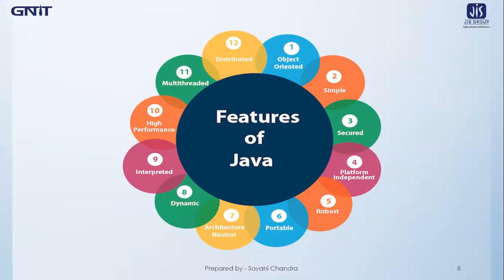The next feature of Java is platform independent. Now, Java is platform independent because it is different from other languages like C, C++, etc., which are compiled into platform specific machines, while Java is a write once, run anywhere language. A platform is the hardware or software environment in which a program runs. There are two types of platforms: software based and hardware based. Java provides a software based platform.